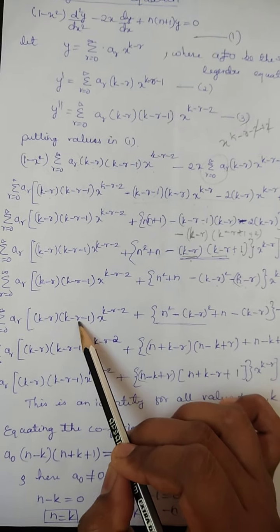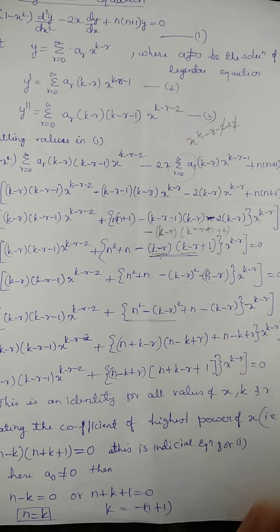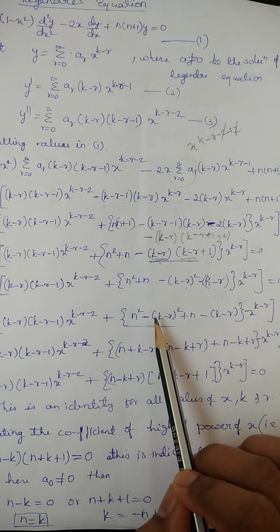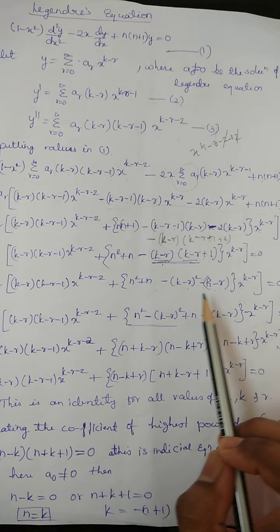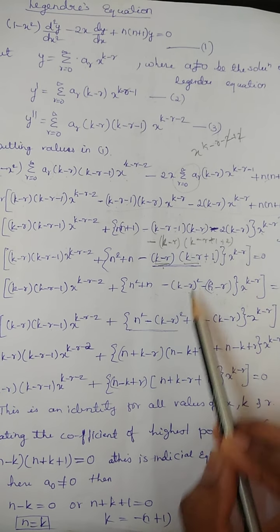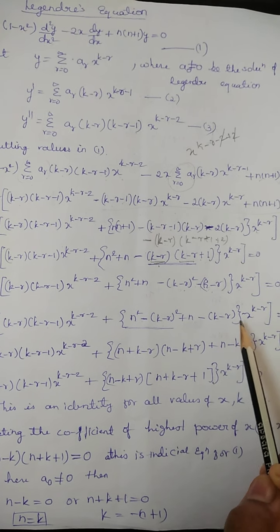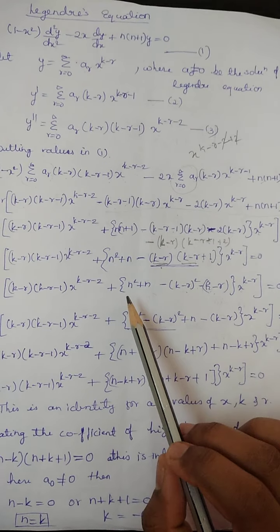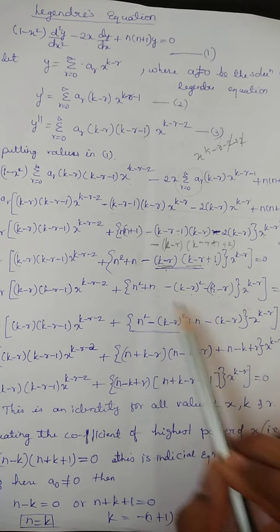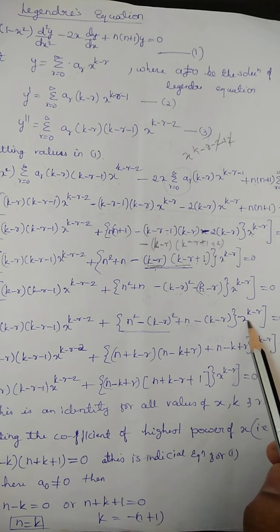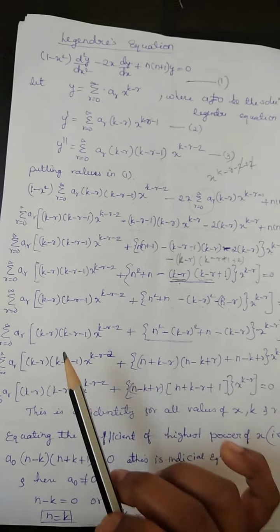Okay, the first term keep on writing as it is, so n square plus n. So now in this step I have written n square first, then rearranged the terms. So minus k minus r whole square I have written, then n minus k minus r, x raised to k minus r. So I have arranged the terms. First I have written n square, then k minus r whole square, then plus n minus k minus r in the bracket, x raised to k minus r whole. It is equal to 0.